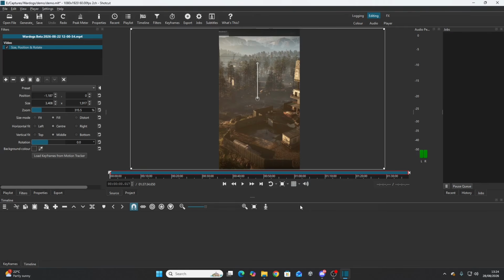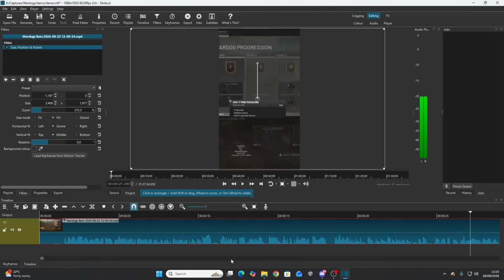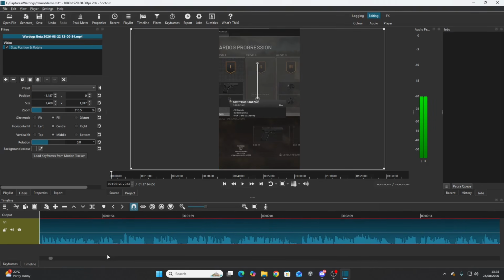And I'm going to take a section of this, because shorts can only be up to a minute long, so I need to edit this video to be only a minute long. So I'm going to drag it into the timeline down here, and then what I can do is cut out the first few minutes, or the first whole minute. In fact, what I'll do is take, not that much, because there's a lot of video though. I will take the first 30 seconds, which is just there. So I will move that to 30 seconds,